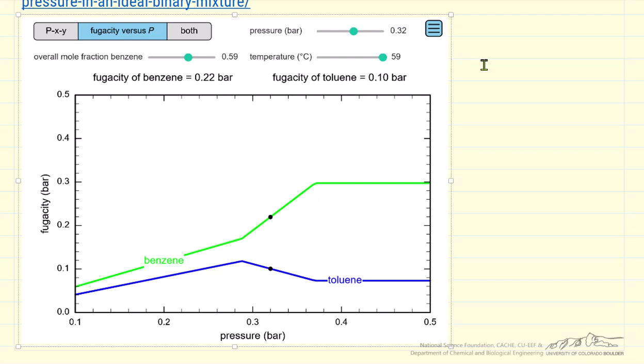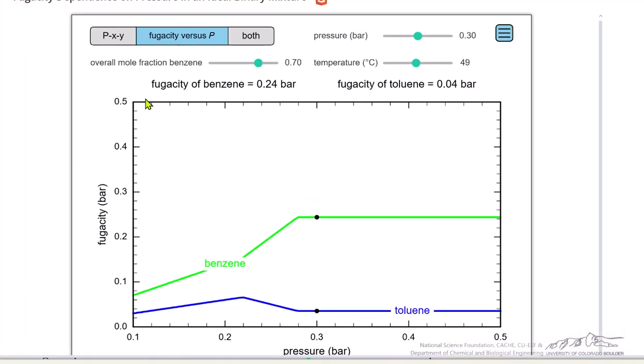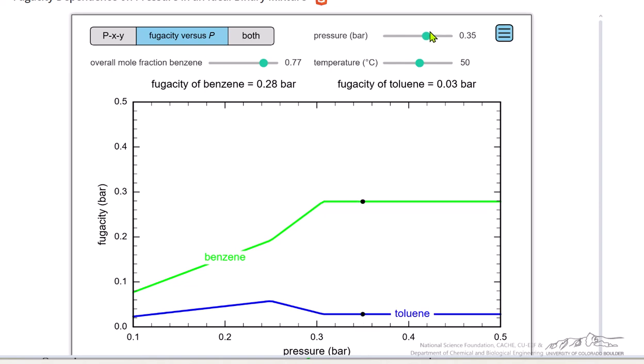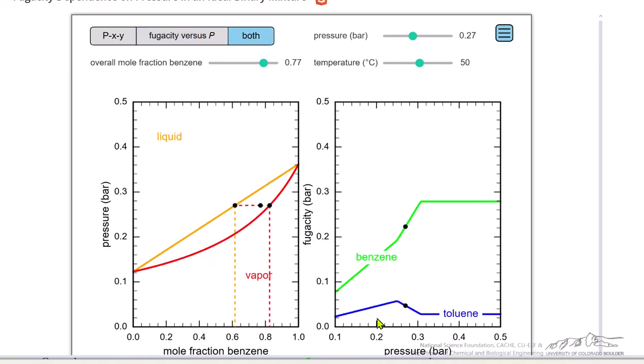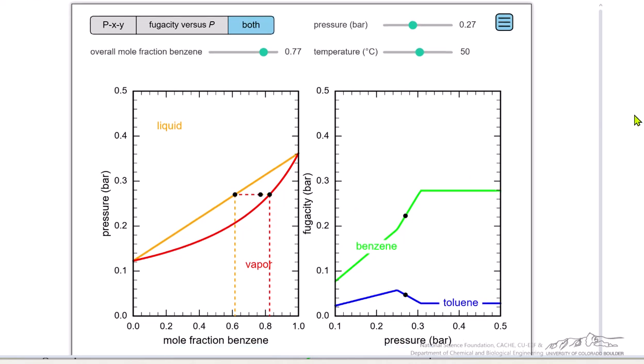So let's look at the interactive simulation. So here's the interactive simulation. As I change the pressure, the black dot moves and these corresponding values, fugacities, change. Now we can look at both a PXY diagram and the fugacity versus pressure diagram, give us a little better